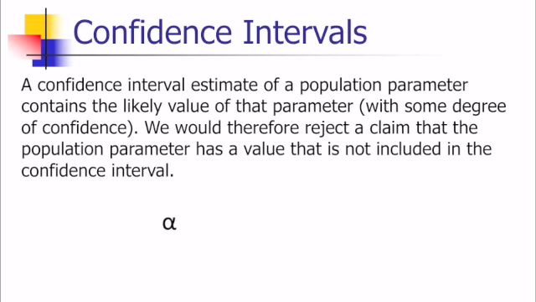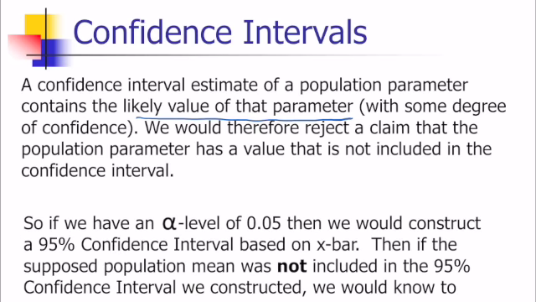So a confidence interval, remember, is an estimate of a population parameter that contains the likely value of that parameter with some degree of confidence, okay? So we would therefore reject a claim that the population parameter has a value that's not included in our confidence interval, okay? So let's say I have a confidence interval that my population mean is between 2 and 6, and if I got a sample value of less than 2 or more than 6, we would need to reject